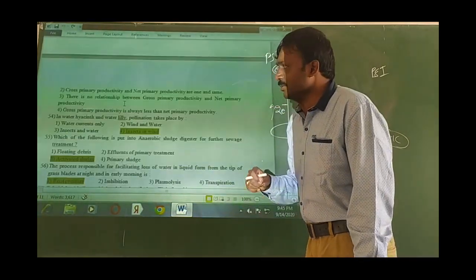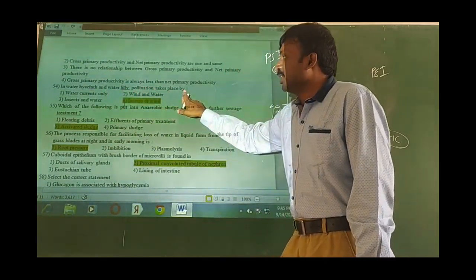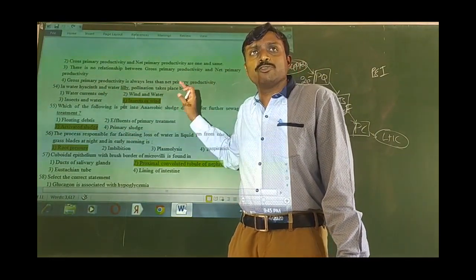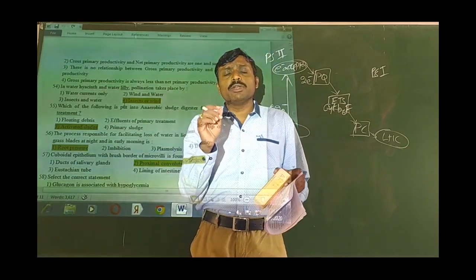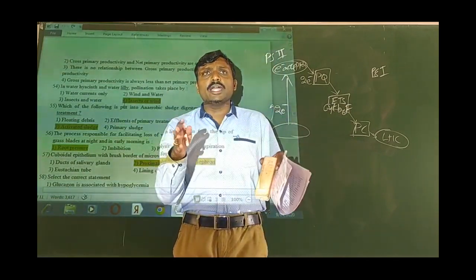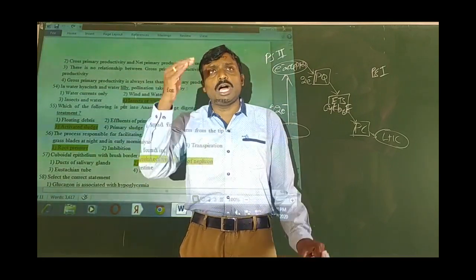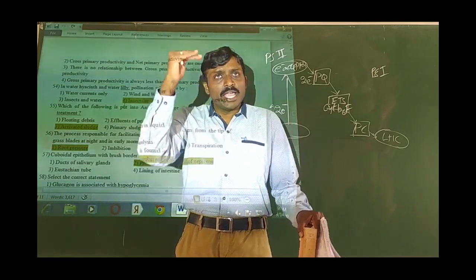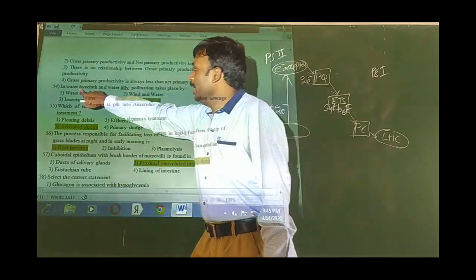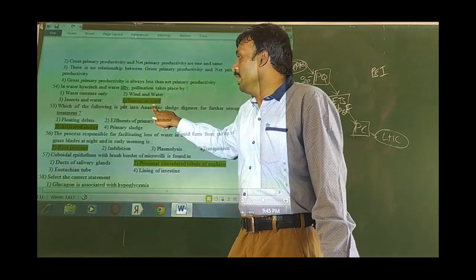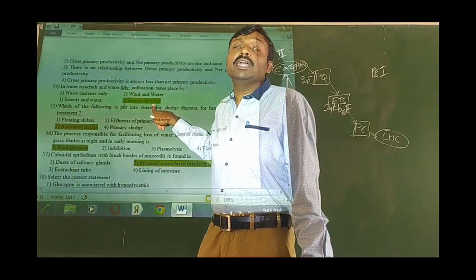Okay. Then next one. In water hyacinth and water lily, pollination takes place by. This is from sexual reproduction in flowering plants, second year syllabus. When we talk about two plants particularly under hydrophily, that is Vallisneria and Zostera, after talking about those two plants, in the same paragraph in our NCERT textbook, they mention very clearly that in water hyacinth and water lily, insects or wind act as pollinators, just like terrestrial plants.